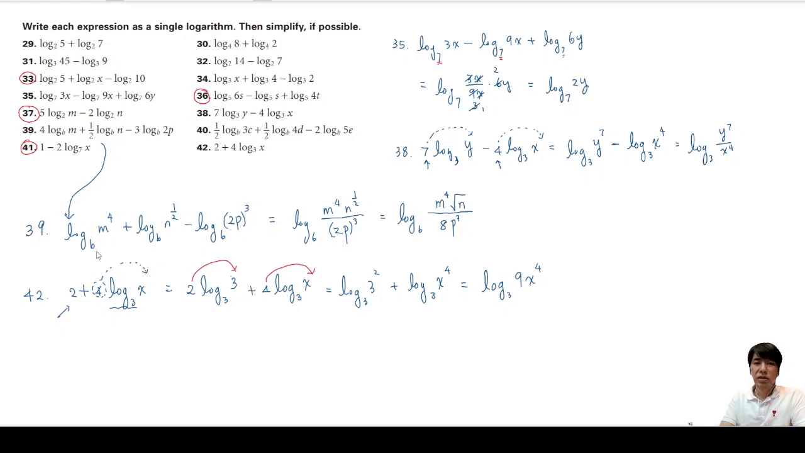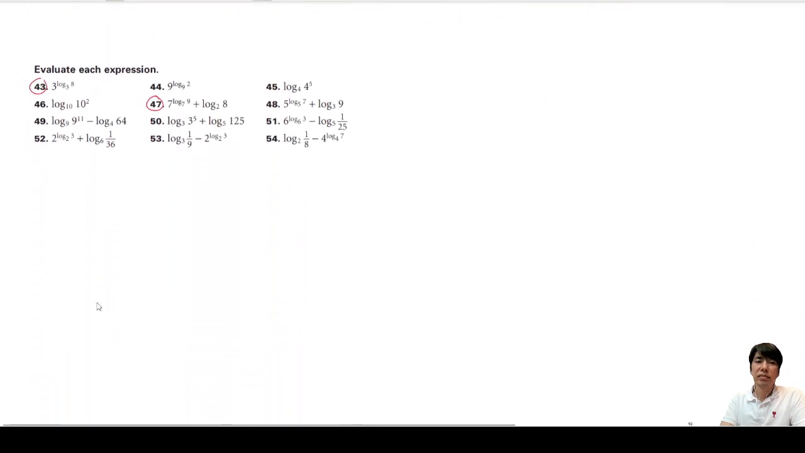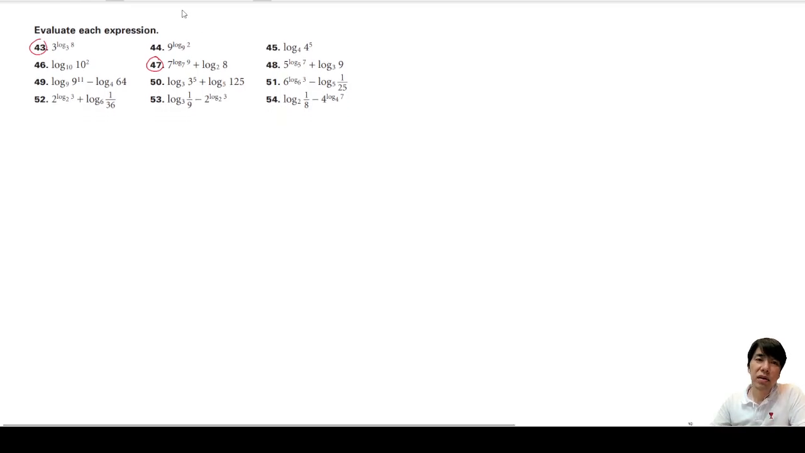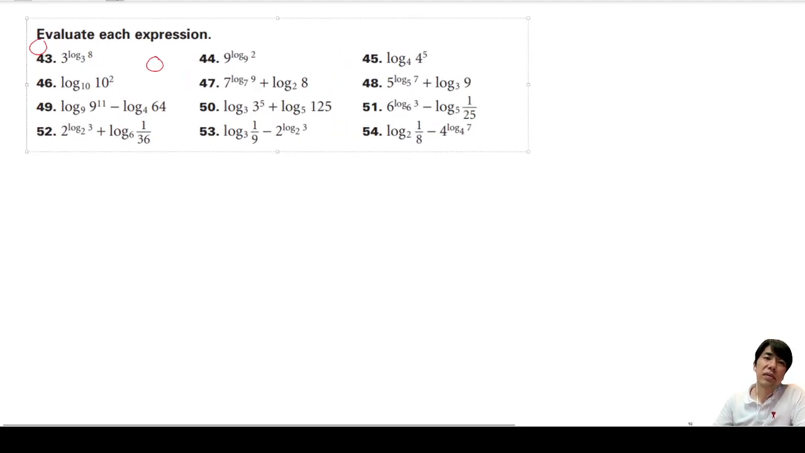Okay, let's move to the next block. Evaluate each expression. Oops, let me erase that. This circle got messed up here. So anyway,